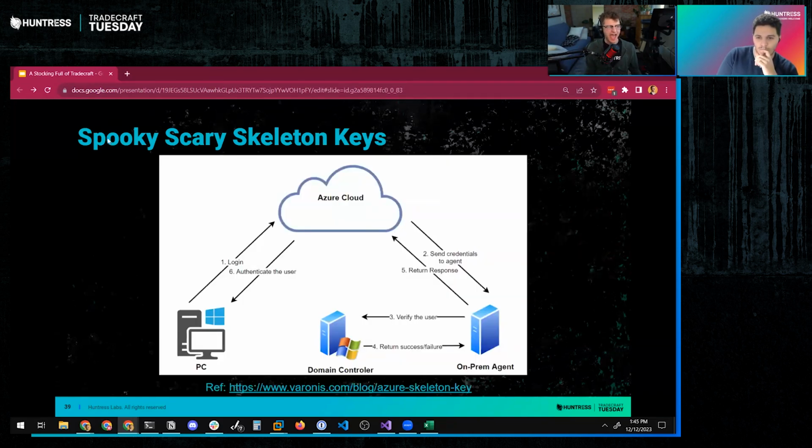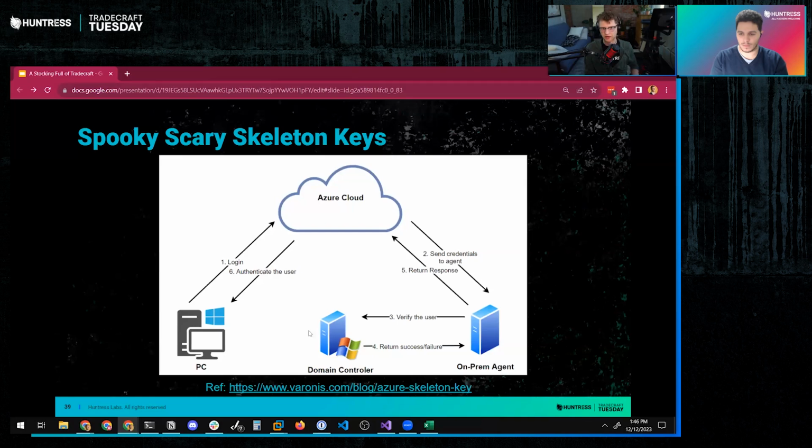As the user, you authenticate to the cloud, which will then contact an agent that lives on-prem for this organization, and it will say, hello, agent, I have a user that wants to authenticate, and I need to check their credentials to see if they can have access to our Azure environment. And so that agent will query the domain controller. Sometimes this agent is installed on the domain controller. In fact, it usually is. And then it will say, yep, credentials look good, we checked it against our Active Directory and they are okay. So go ahead and return the okay for them to authenticate.